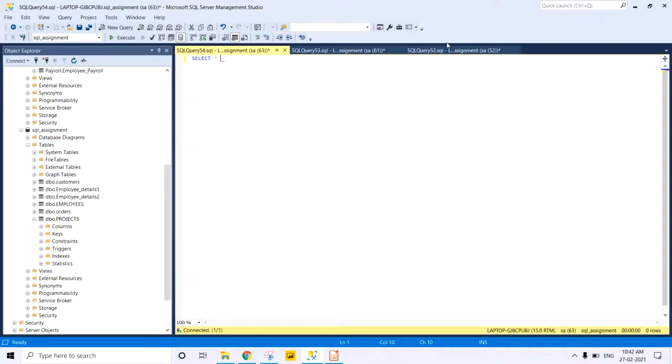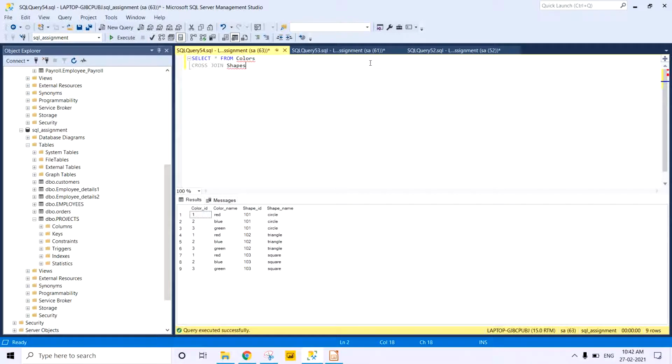Select all from colors cross join shapes. We can see that in cross join we don't need to give an on clause, since each record is matched with the other record, irrespective of whether records in particular columns are matching or not.